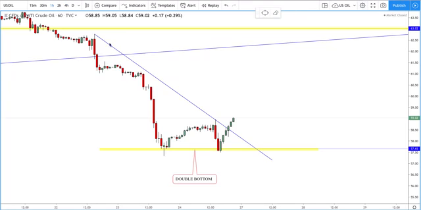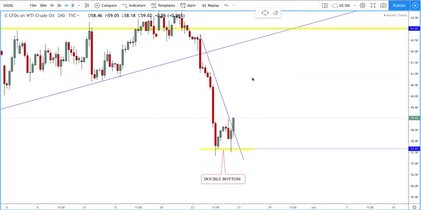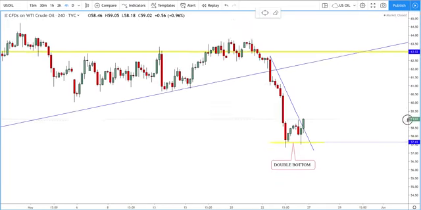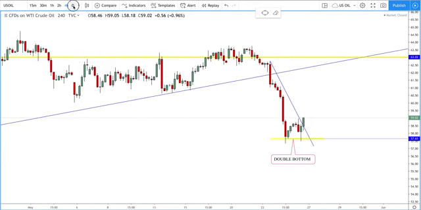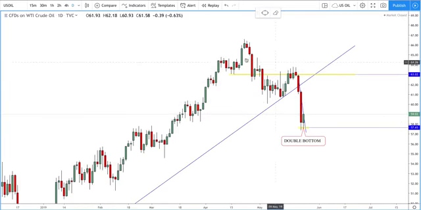US oil is the last thing I'm going to look at. You guys see how great this commodity can be. I made, and a lot of you made, about 600 pips from the top, but a lot of you made a lot of pips from this $63 a barrel area.